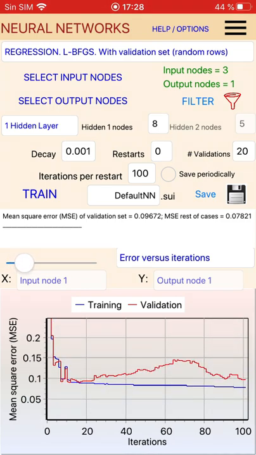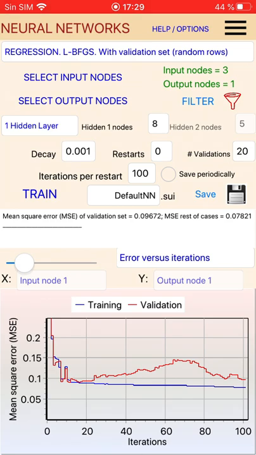So we zoom this, and there is a number of iterations when the value of the mean square error, so the error in the prediction, increases in the validation set. That means that the neural network is starting to memorize the cases. So the number of iterations we have to use depends, because if you run this again, it could be 30, 25, but in this case it's about 20. So 20 iterations is enough, because if you train more iterations, it seems real that